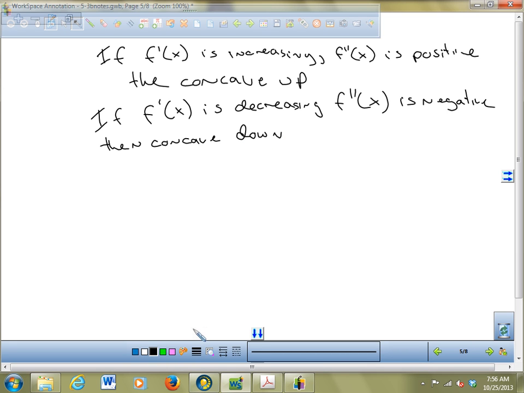Okay, so for example, in order to test for concavity, you need to have a twice differentiable function. You know what they're talking about? Twice differentiable function. It means you can take the derivative twice. So for y equals 3x, a straight line, you take the derivative once, you get 3, and then you can take the derivative again and get 0, but that doesn't tell you anything about the concavity